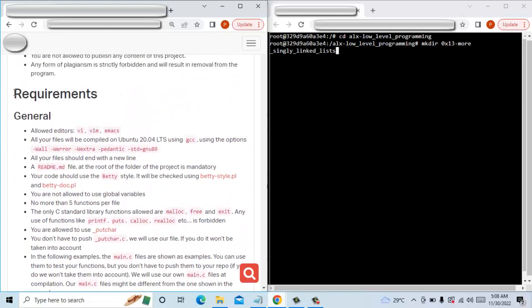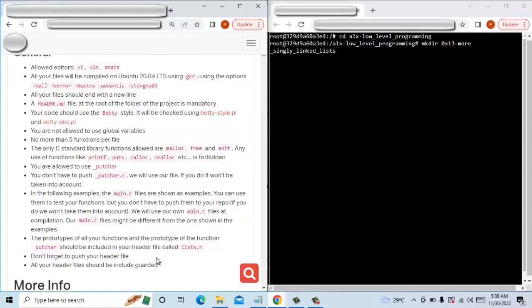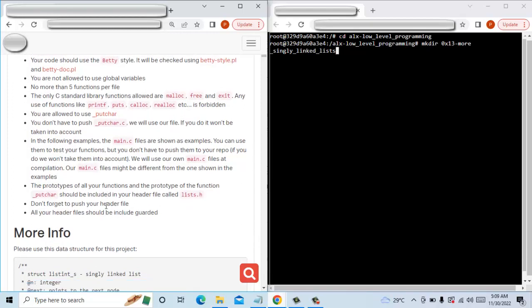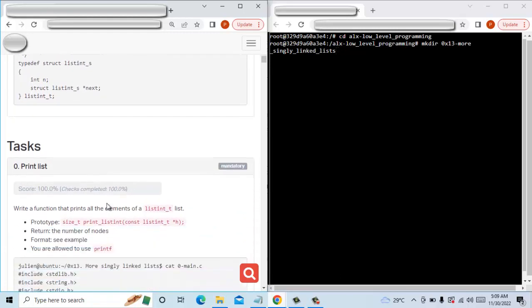you should also take note of the general requirements. This helps you to know the things to implement. Okay, you can use this. You already know about all this, so Betty style will be in place and all that. So you're going to have your list.h file, and so we proceed. Okay, now at this point